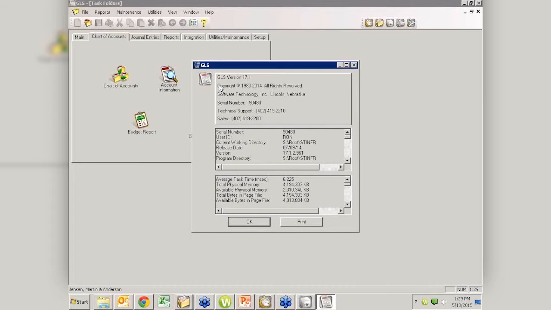STI, Software Technology, the folks at Tabs3 and PracticeMaster, are at a point now where they're getting ready to see who might be willing to help them make the final release look right. Just before it gets released, we have people put it in ahead of time, a pre-release glimpse of that product, and actually work with version 18. If you would like to do that, send an email to me, paul.purdue, like the school, not the chicken,